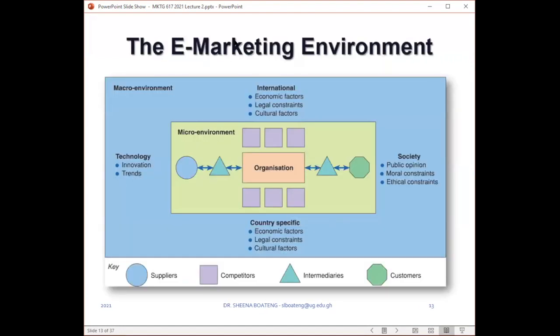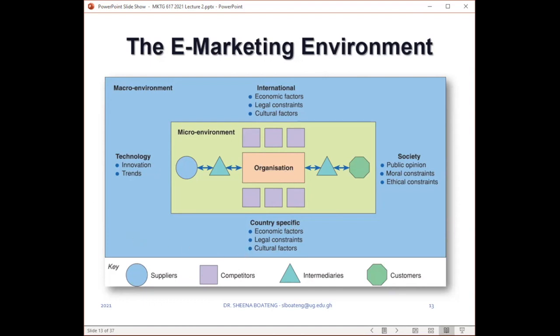So like I said, this is a schemata of the e-marketing environment. And we can see the micro and macro environment and the various actors and players in these environments. Now, this is based off of Chaffey and Ellis-Chadwick, one of our core texts for the course. And this is specifically developed in relation to the digital marketing environment. So like I said earlier, we have suppliers, competitors, intermediaries, and customers all playing within this space, right? Which is the micro environment, and it is in the immediate confines of the organization.